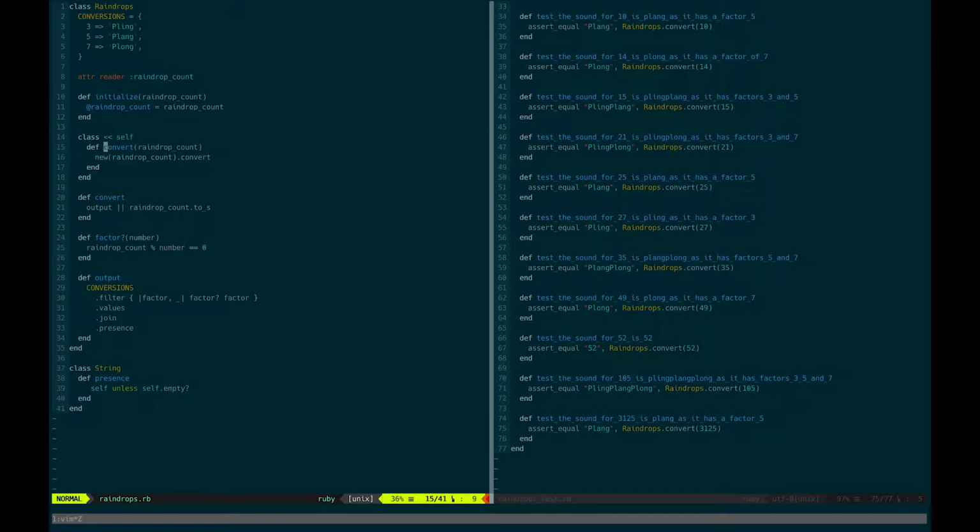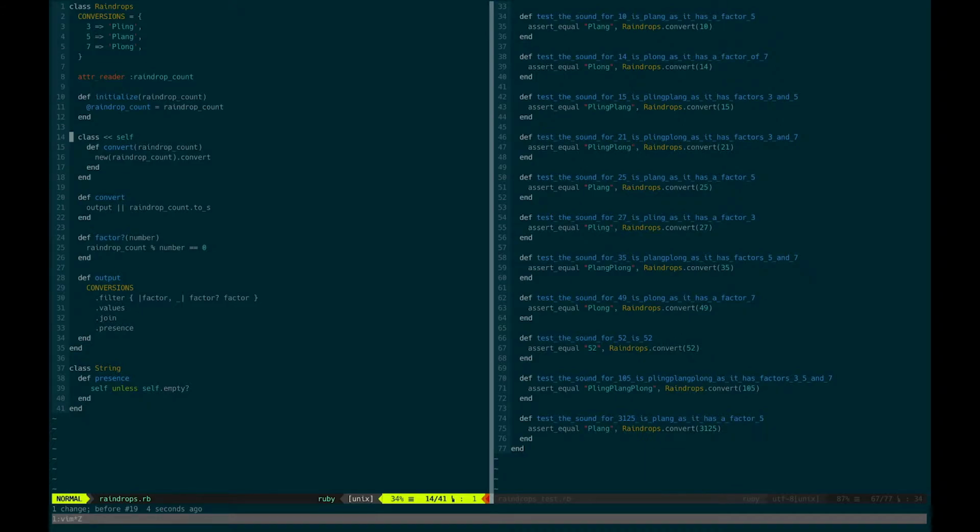And so our original class method, convert, news up an object and then calls convert on that object. And this is actually a pretty common pattern that you'll see, where you have one of these convenience methods on a class. It may not be raindrops.convert. You'll often see it be like raindrops.call or raindrops.execute. Raindrops.convert is good too here. And internally, you'll see something like this. But to me, even though you see a lot more lines of code here compared to our original example,